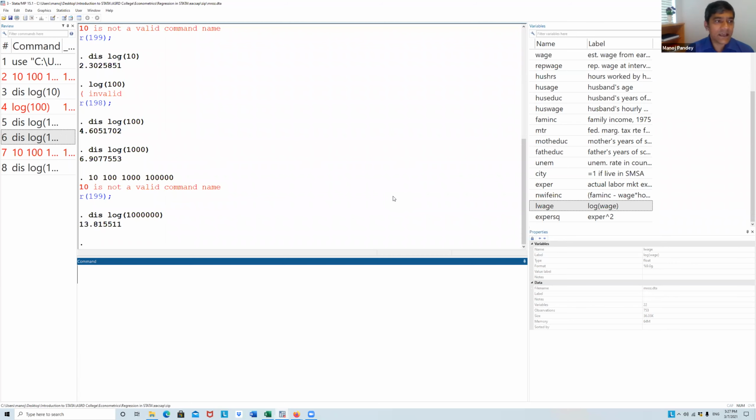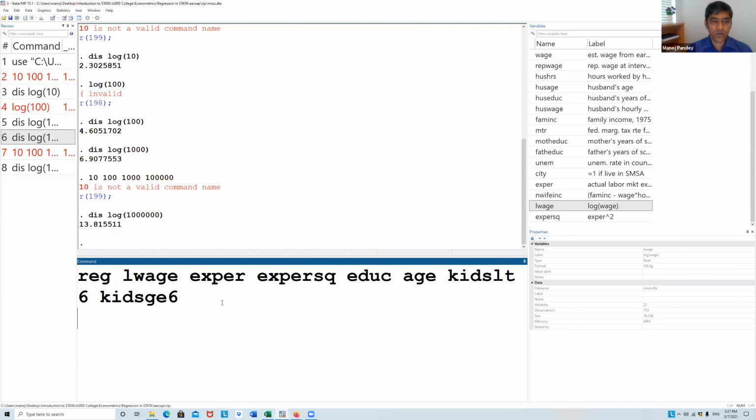So having said that, we will follow what Wooldridge had done in his book, regression analysis for this dependent variable, and then we are taking experience and experience square. Why do we take square? Can anyone tell me? If you have access, you can unmute and tell.